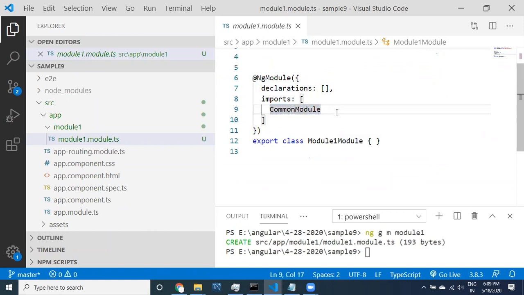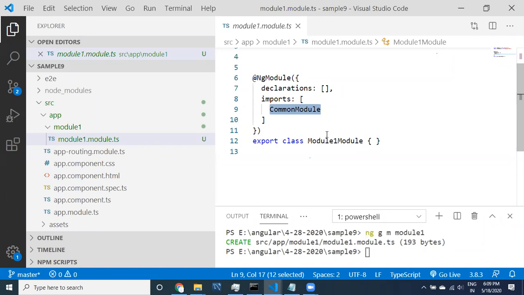Why the common module? When you write in the HTML file inside the components, if you create a component, inside the component we are going to create the HTML, right? By default in the HTML, we may write *ngIf, *ngFor, all these things. These are related to the common module. As we are importing the common module, we can use *ngIf, *ngFor, and ngClass.